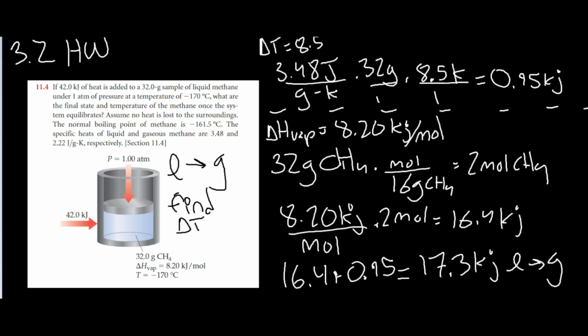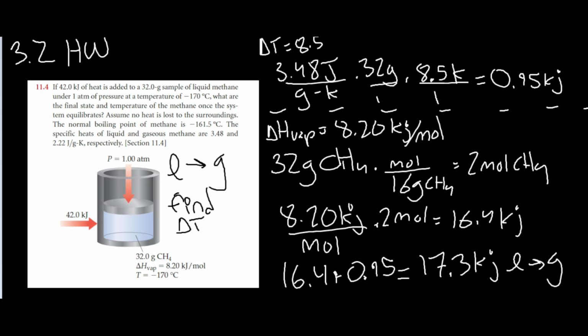So, for the first one, if 42 kilojoules of heat is added to a 32-gram sample of liquid methane under 1 atmosphere of pressure at a temperature of negative 170 degrees Celsius, what are the final state and temperature of the methane once the system equilibrates? Assume no heat is lost to surroundings, and then it gives the normal boiling point and the specific heats of